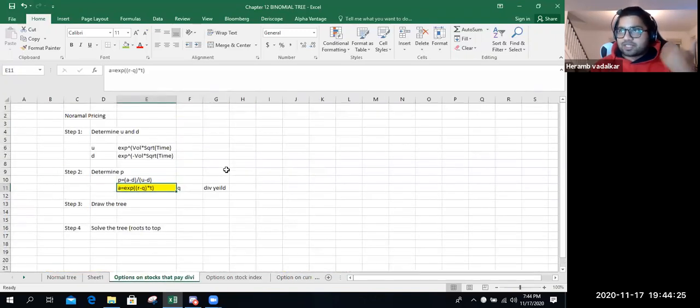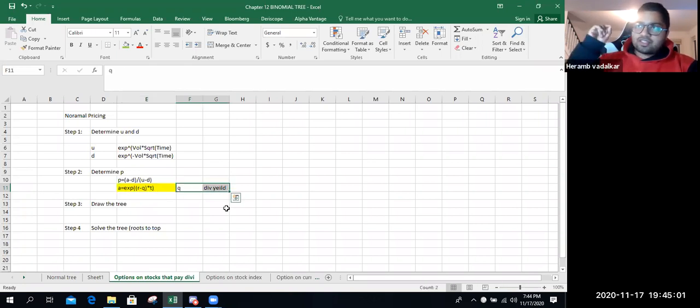So if an option is based on stocks that pay dividends, then you have to make one change in the whole thing. That changes when you calculate A. When you calculate A, you have to use this function instead of the earlier one. So if the stock pays dividends, we calculate A by using exponential of (r minus q) times t. We were earlier using exponential r times t. Instead of doing that, we are going to use exponential (r minus q) times t, where q is the dividend yield. So this is the only change you make if stocks are paying dividends.